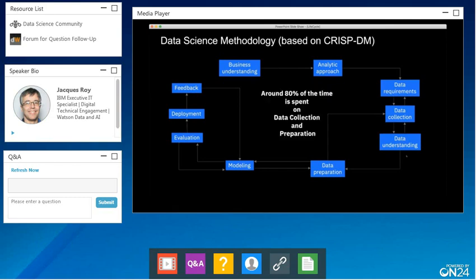And so once again, we have to remember that data collection and preparation, really that section of data requirements, data collection, understanding, and preparation takes 80% of the time. And if you don't spend a lot of effort on that aspect, what happens is when you get to creating a model, you can end up with a model that's basically garbage, because it gives you the right answer based on what you have, but what you have as input is not very good.